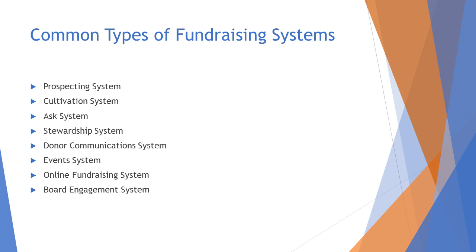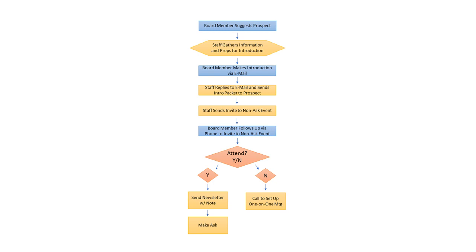Now, perhaps the best way to understand fundraising systems is to see an example of what a good fundraising system looks like. We talked about how most fundraising systems can be represented schematically. This is what one of those schematics might look like. This is a simple example that assumes that you've tested all the strategies that we're talking about and that each of the tactics is working for your organization. So let's say you're a small nonprofit whose board is being asked to introduce their network to your development staff. Your fundraising system for board member introductions might look like the chart you see on your screen.